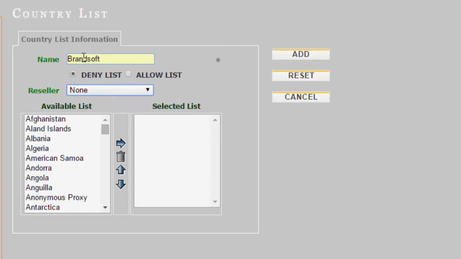I do not select any reseller. Here in the DNA list, suppose we select Afghanistan. That means we cannot log in to this billing from this country. If I allow, that means we can log in only from Afghanistan.